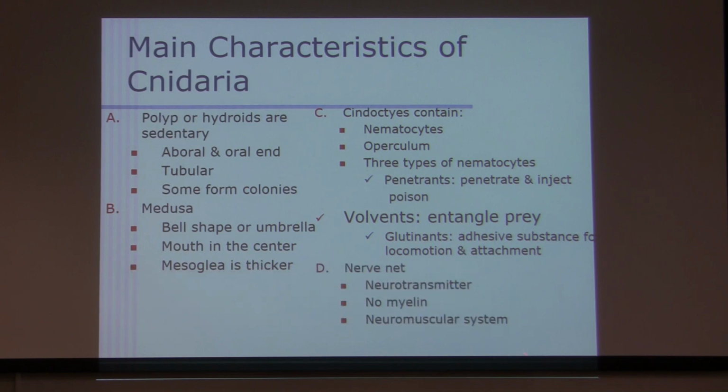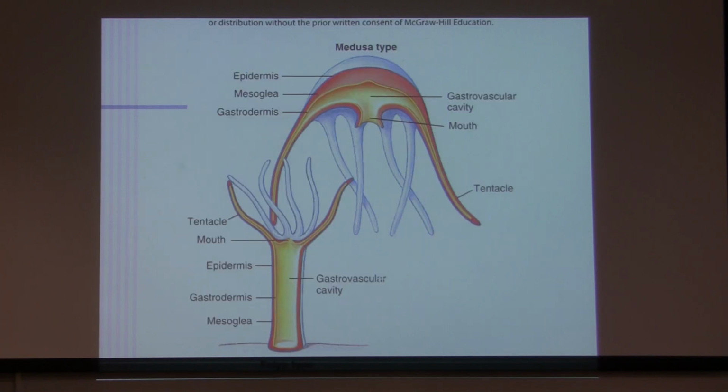Okay. Nerve net, of course, neurotransmitters, no myelin, and neuromuscular system, and I will show you some pictures and we'll talk about it in a minute. Okay, here they are. That's the whole entire thing. You saw it. I showed it to you guys. This is the medusa stage. This is the polyp stage, and the gastrovascular cavity, if you would, is a little bit